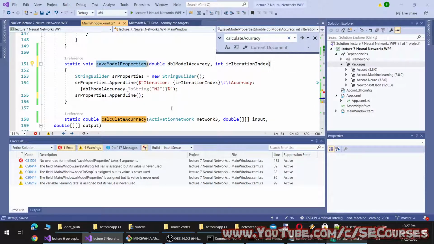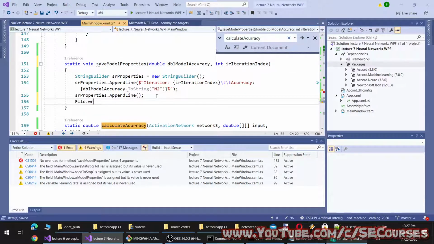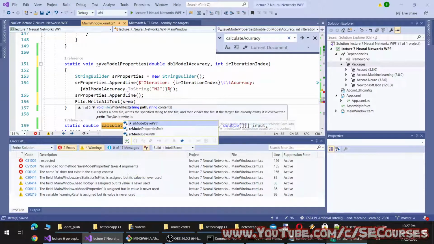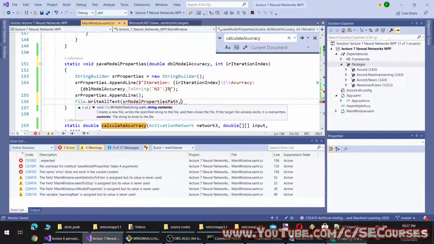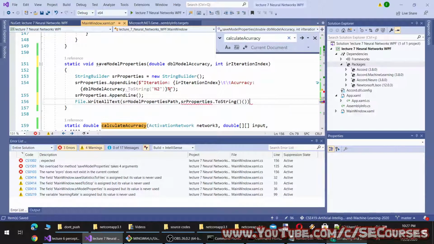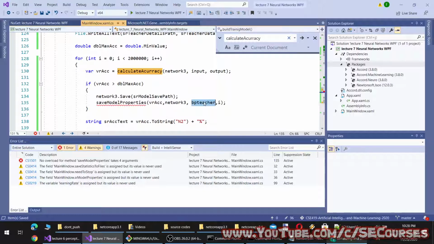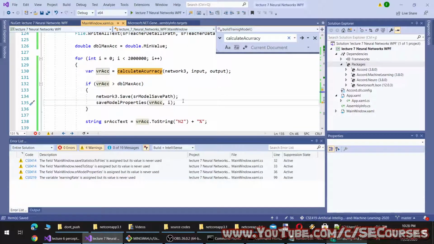Okay, save model and SR model properties path and properties string. Okay, we have composed our methods and I'm going to remove these now. Okay, so let's run our application.